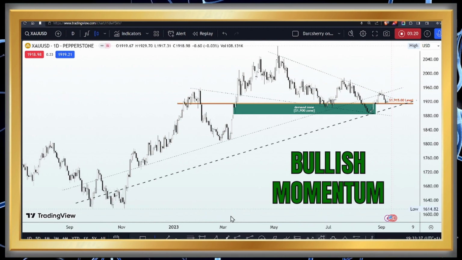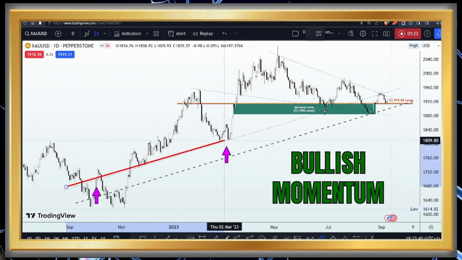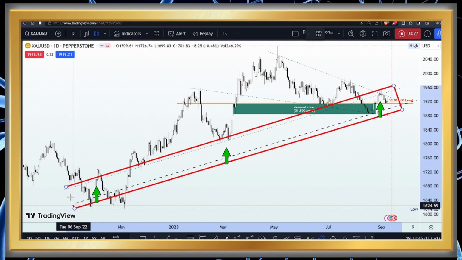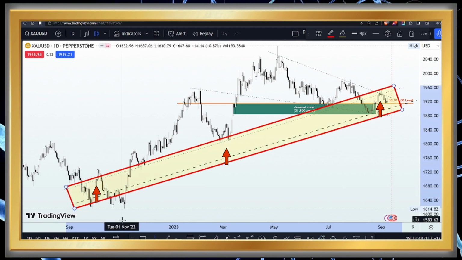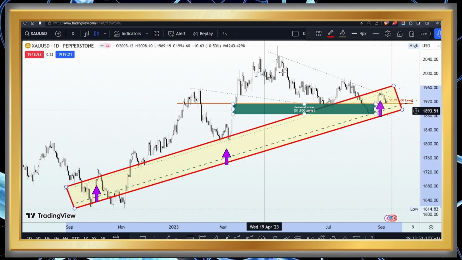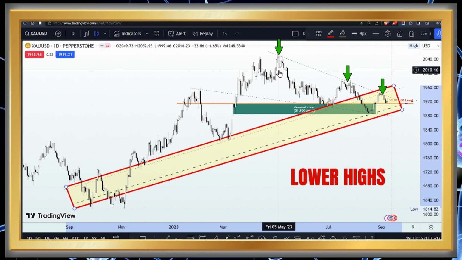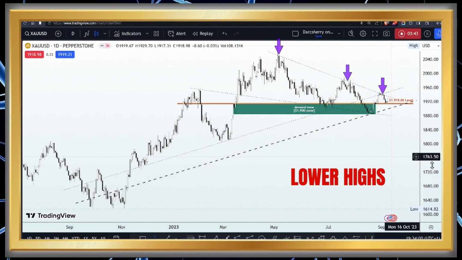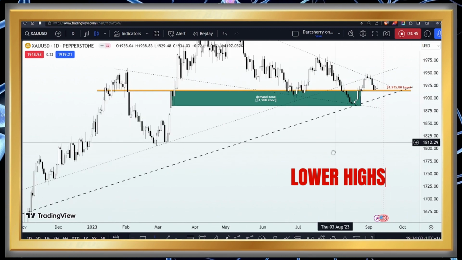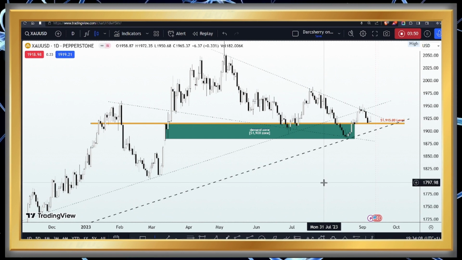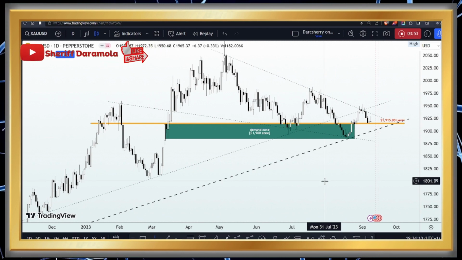And in fact, we have a couple of ascending trend lines which further buttress the strength of the buyers in this market. However, things are becoming a little bit dicey at this point in time, as you will notice that since the month of May, price has consistently found lower highs in this market. However, despite the lower highs which characterize the nature of sellers in this market, we are yet to see a significant breakdown of structure to give us a lower low to further emphasize the strength of the sellers.